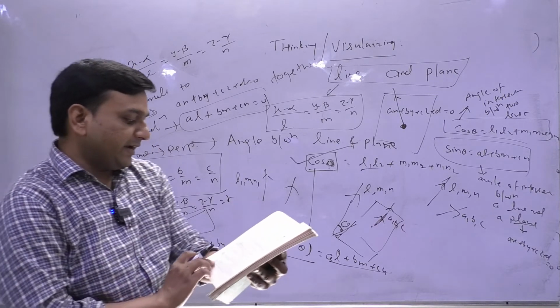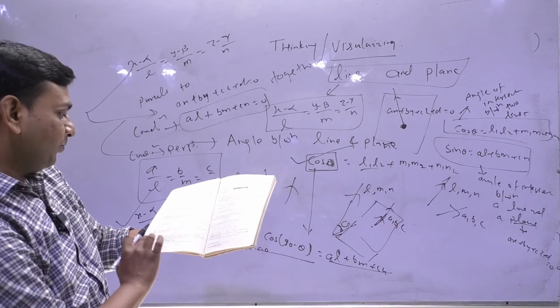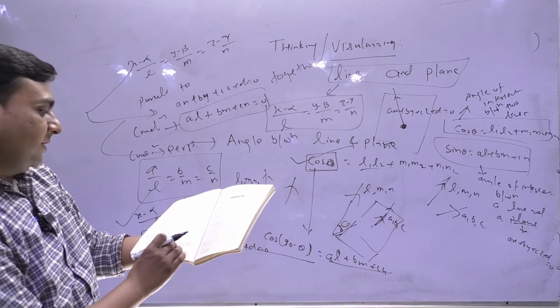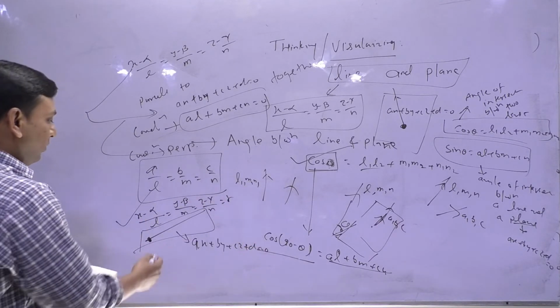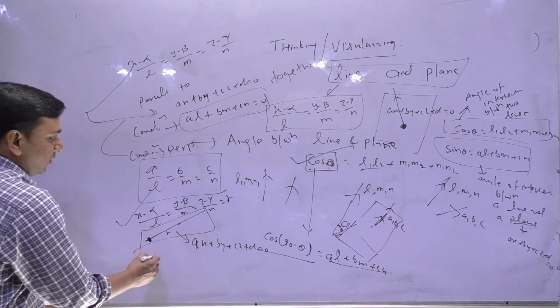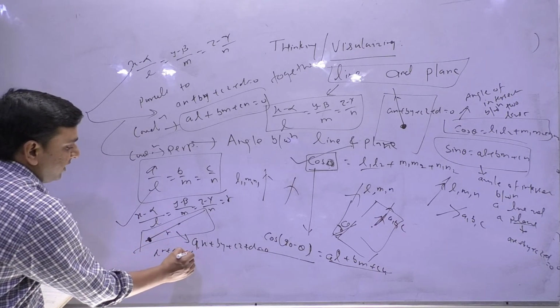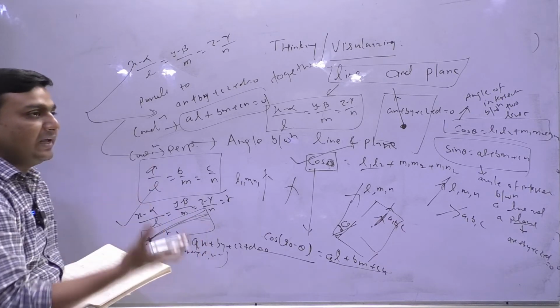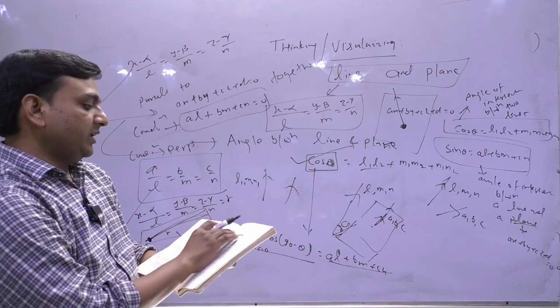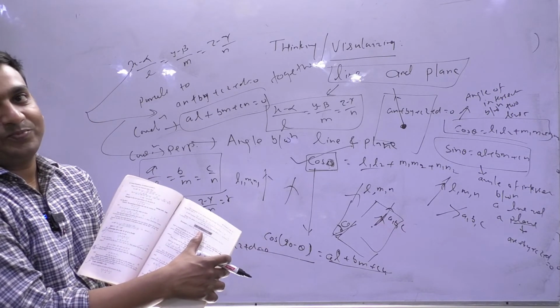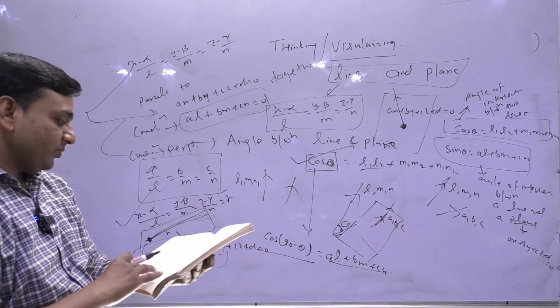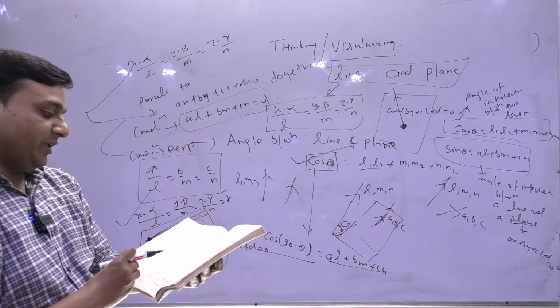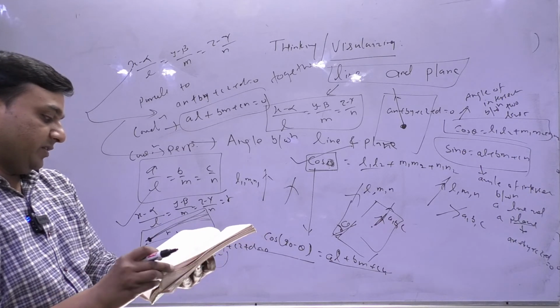So on page number 80 there is an article on what are the conditions for a line to lie in a plane. The simple logic is the same: take a point at distance r, write its coordinates as Lr plus alpha, Mr plus beta, Nr plus gamma, make those coordinates lie completely on this plane, and from that you have written the condition here. Clear? There are one or two examples of this, please solve those two examples.